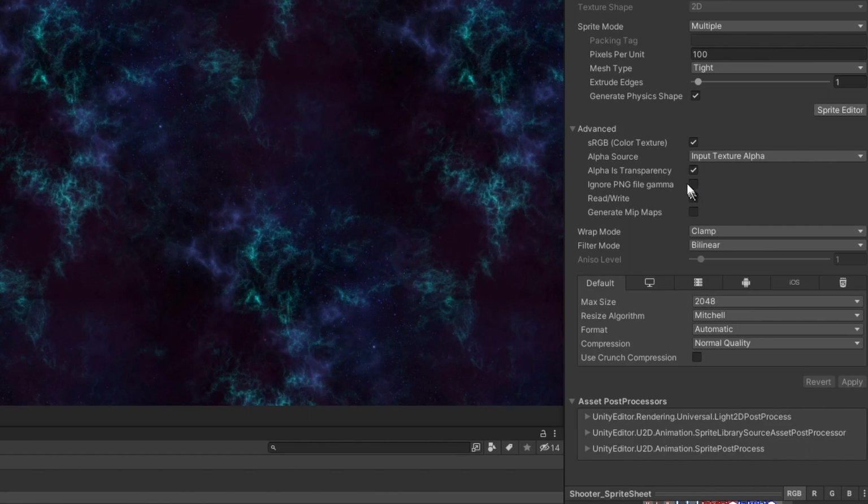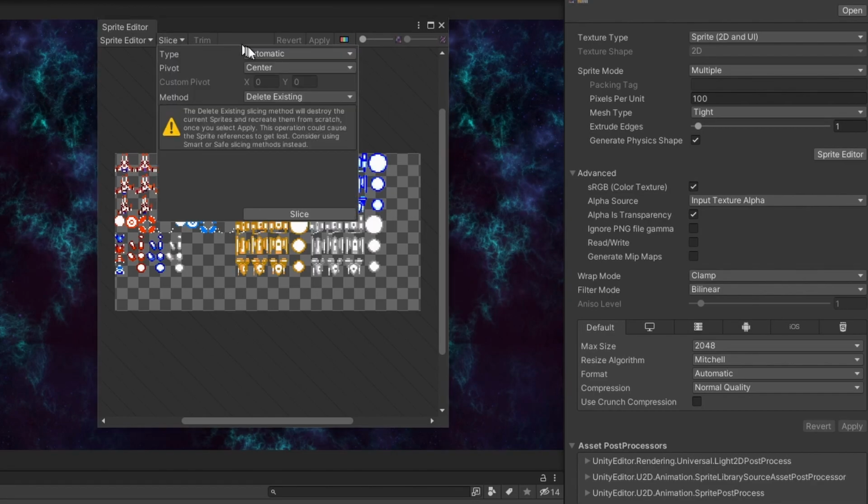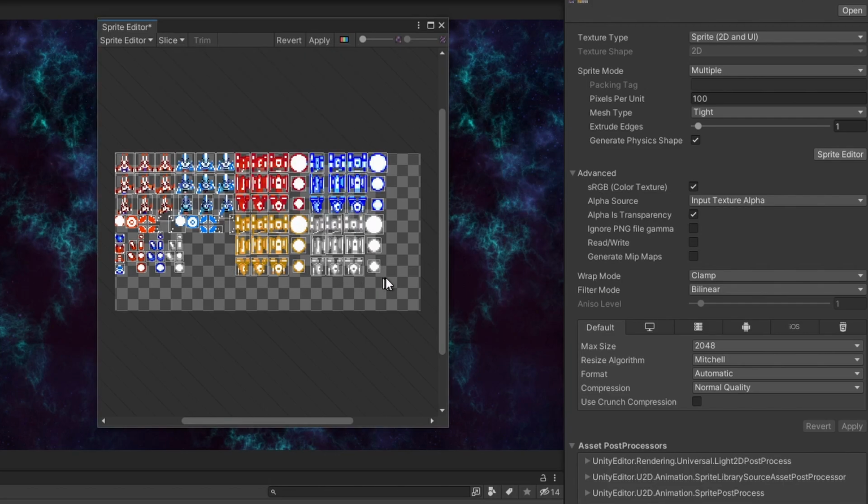And then we want to go into the sprite editor and we want to hit slice and say automatic and then click slice. And now if you look at this, you can see we've got these little rectangles around all of these individual images. So if we go ahead and click apply,